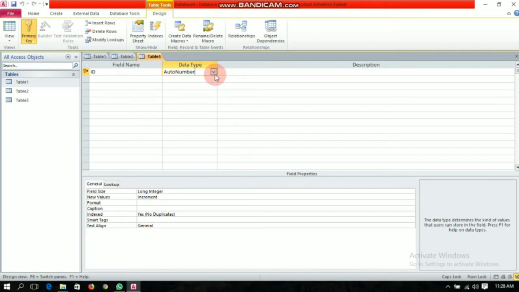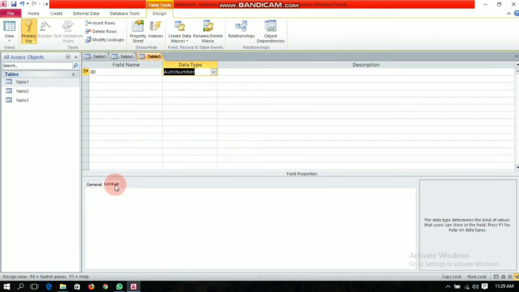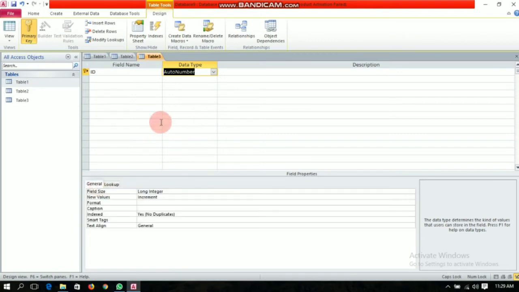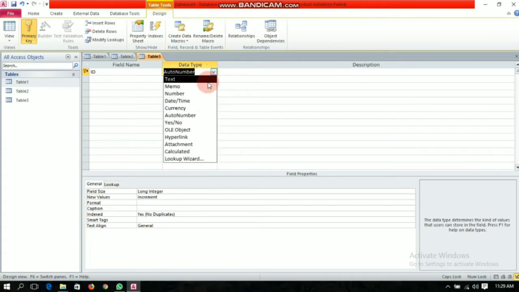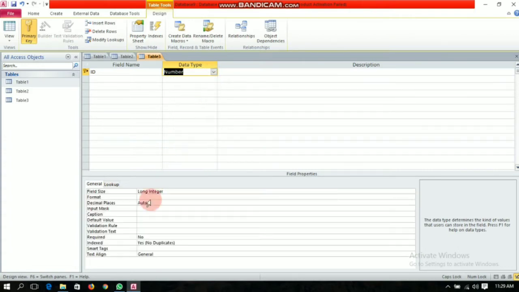You can change the data type according to yourself and select it. And there are field properties too, where you can see the various things of a particular data type. When I change the data type, the field properties also change.